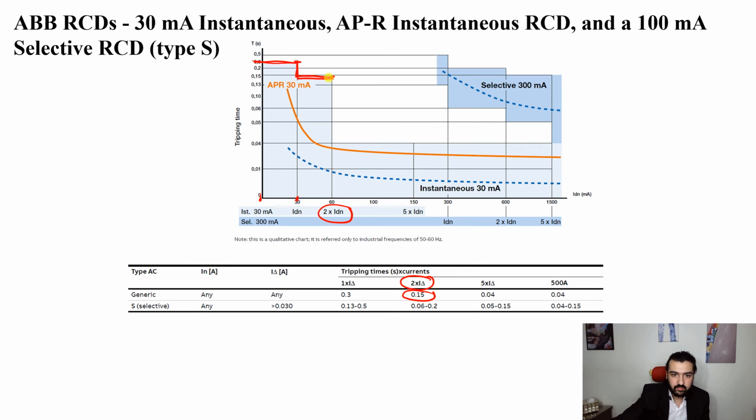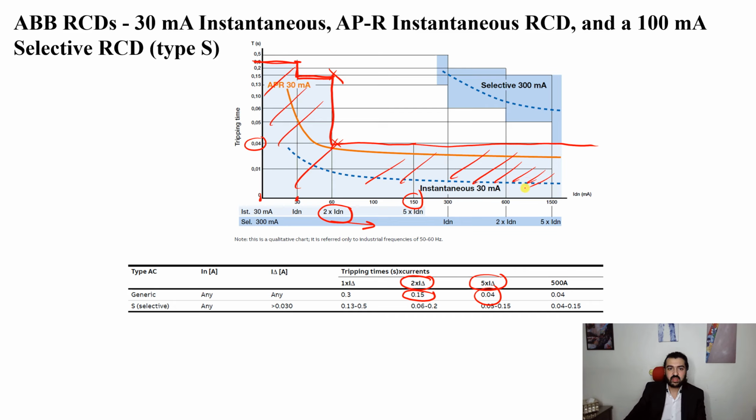Then at 5 times, it drops to 0.04, like this. So higher than double the value, it drops to 0.04, from here to 0.04 until any other value. This region here